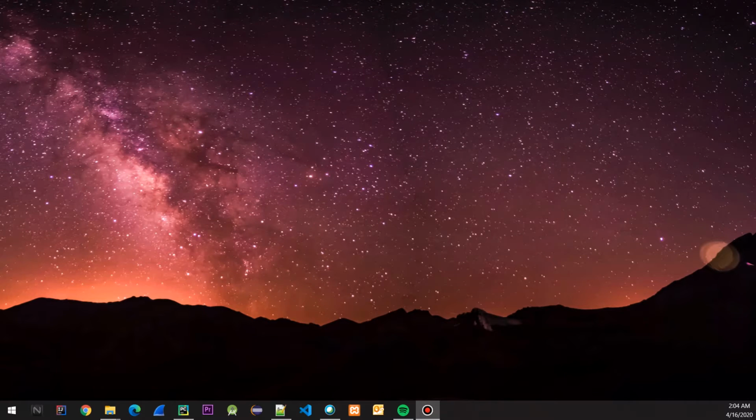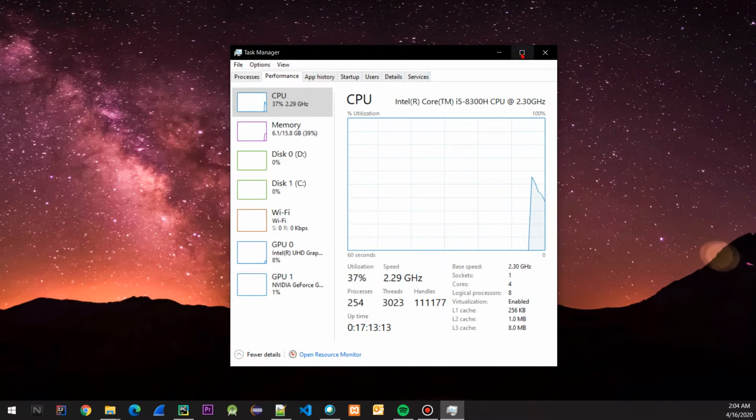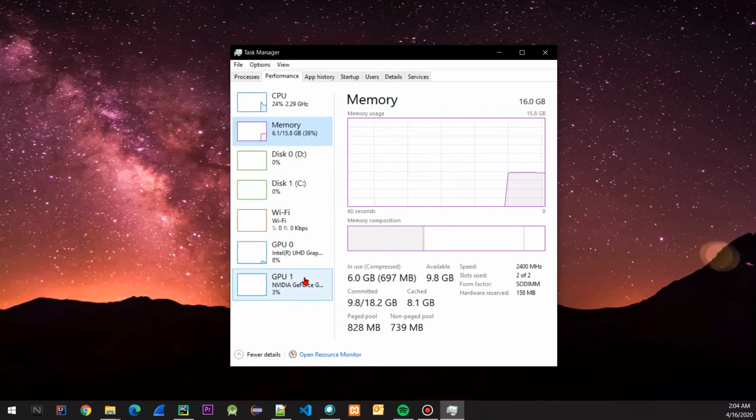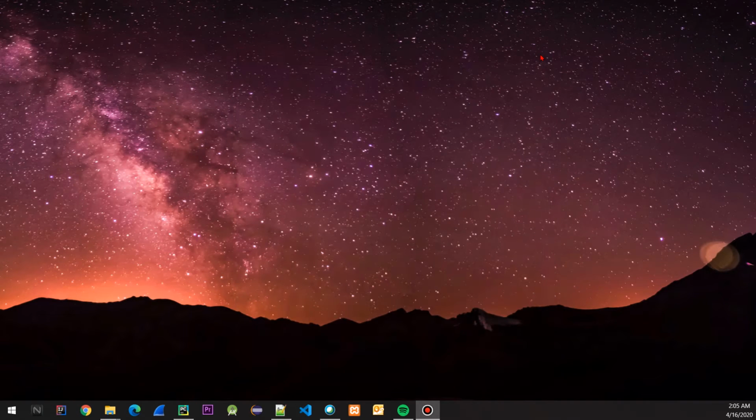Today I'll be showing you the best settings that you can configure for a laptop. I'm going to show you my configuration for this laptop, but this would work for any other laptop configuration as well. So I've got an Intel i5 8th Gen processor with 16 GB of RAM and an NVIDIA 1050 Ti. But I have tested it on another laptop with a Pentium configuration with 4 GB of RAM. This configuration works for them as well. So I'm going to show you the configurations.